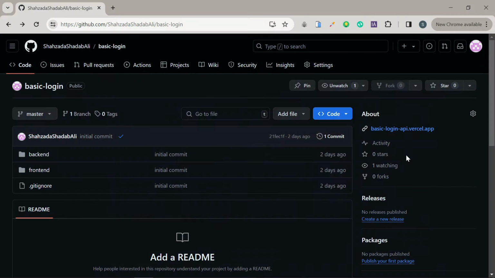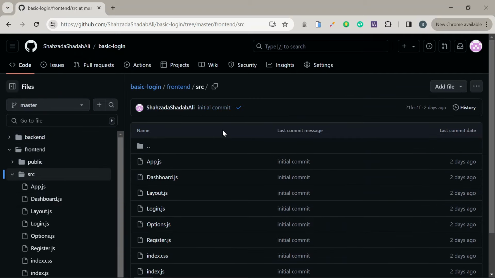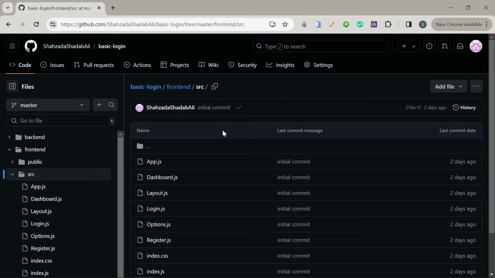Before deploying the front end, we have to make some changes inside it, and that's why we have opened its GitHub repository, and the front end folder is what we'll open right now, the source folder. And in here you have to locate the files that have any HTTP requests sent to the database, and we have to mutate those requests. How? Let's see. For example, I have an HTTP request sent to the backend, so I'm gonna click open it,